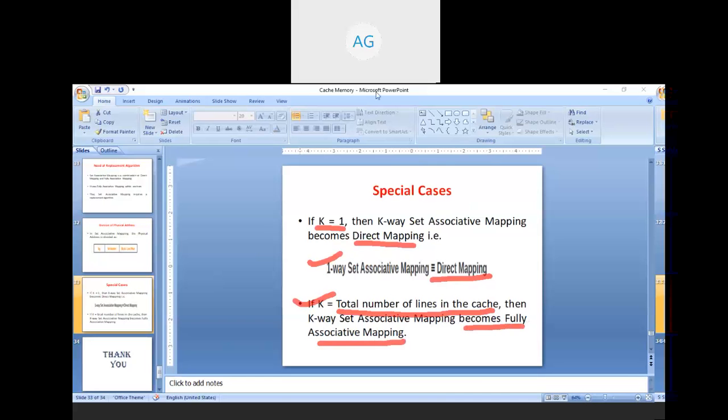So that's all the theory part of cache memory as well as the cache mapping technique. So all of you understand it? Just write in the chat box. Okay,